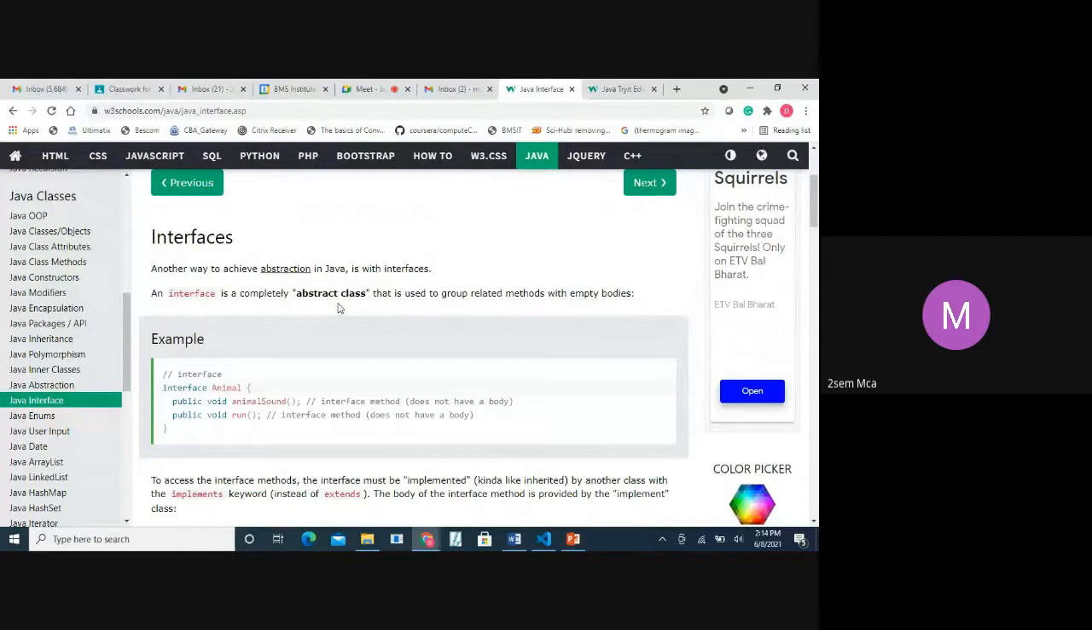So what am I doing? I'm doing it at the abstract level. I just told you to implement inheritance. That's all. You can do any program. So what I have told, implement inheritance, that is called abstract. And when you write your program yourself, then that is what is called a class. So that's what an interface is: a completely abstract class that is used to group related methods with empty